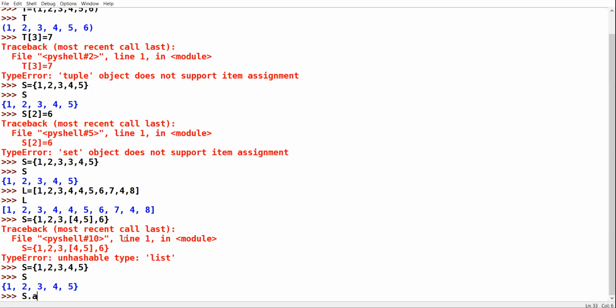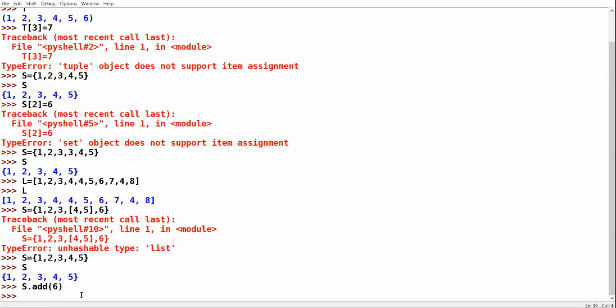With the help of add function, you can insert element in the set. Suppose you want to enter 6. So pass the value in the add function: the name of set, dot, name of the function add, and pass the value which you want to enter.